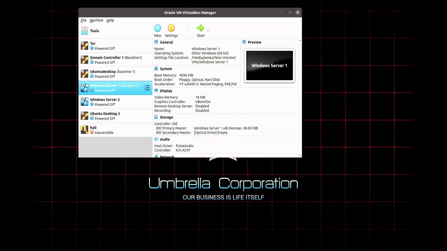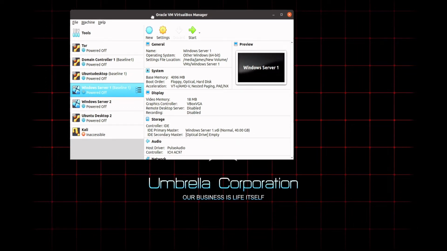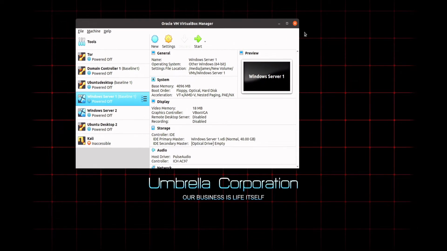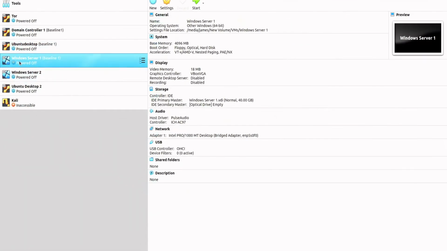Today, TeleFox will be teaching you how to set up RAID inside of your Windows server. For this case scenario, we do have to add 2 more hard drives to the virtual machine, and it's a fairly easy process. So we open up Oracle VM VirtualBox, we highlight our server, we click on Settings,